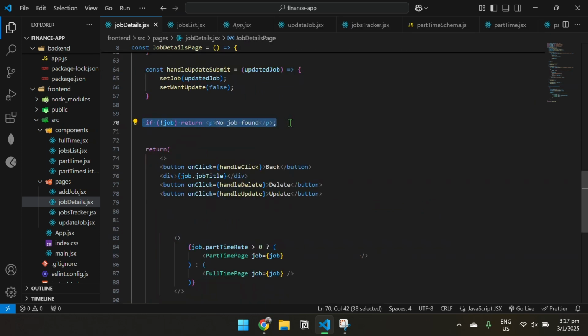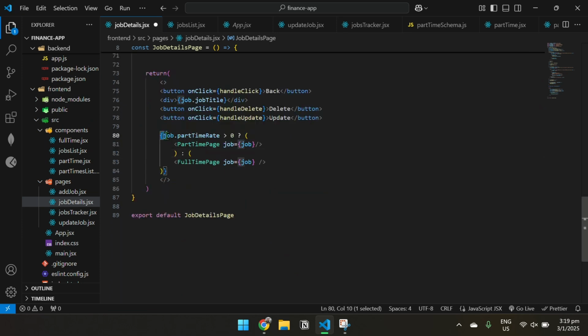Now, this line is crucial. It checks if the job is still null, meaning that the data is not fetched yet, or no job is found. If job is null, it renders a simple message, no job found. This also provides a way to handle the waiting period while the data is being fetched, and prevents rendering errors if job is null. The component conditionally renders either the part-time page or the full-time page, based on whether the job has